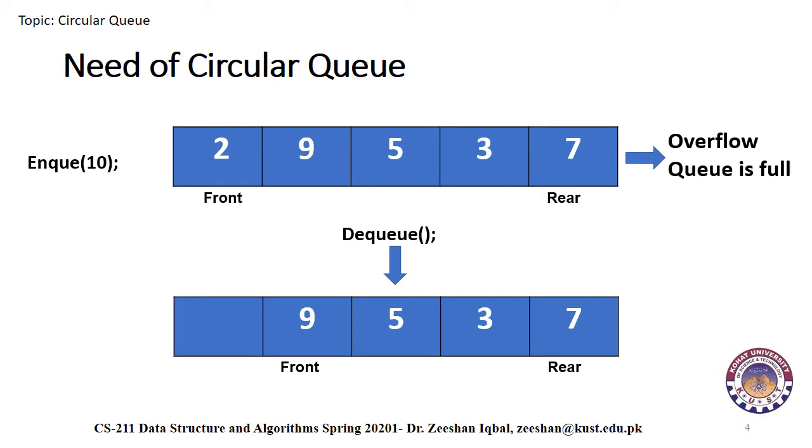Now if we call the enqueue function again, it will show that the queue is full, because the enqueue definition says that if rear equals max minus 1, the queue is full. The rear is again pointing to the max minus 1 index, that is 4. But we can see that we have space and could add another value, so memory is being wasted. So we have to modify the queue into a circular queue, by modifying the enqueue and dequeue functions.